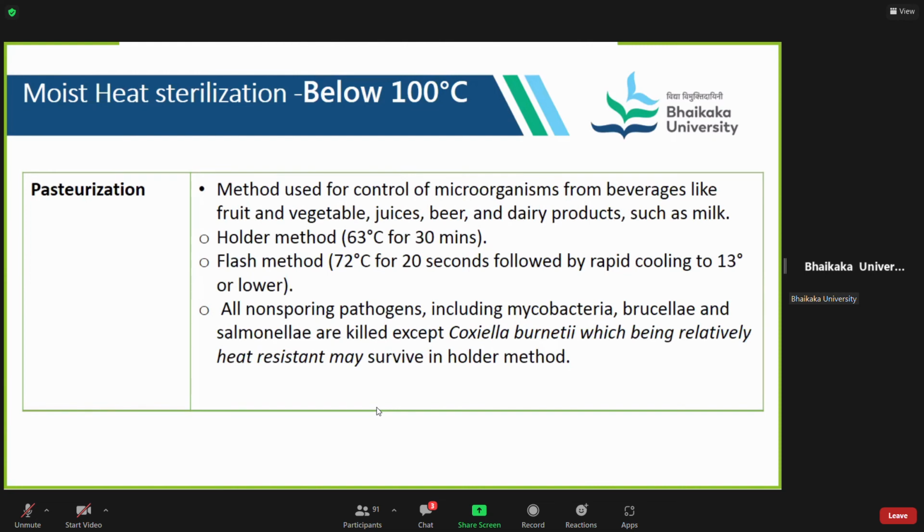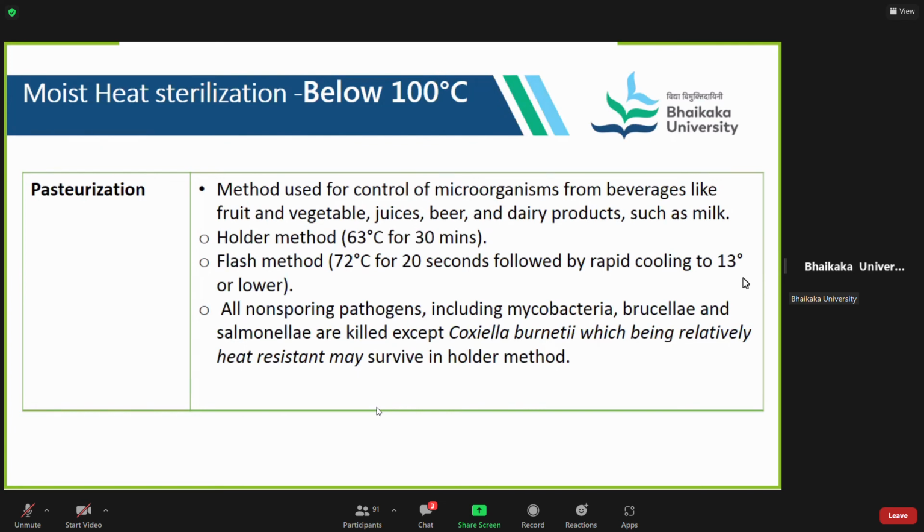When you are talking about pasteurization, you can pasteurize by two different methods. One is termed as a holder method, another is termed as a flash method. So in holder, you hold that temperature for 30 minutes. And in flash, you raise the temperature to 72 degrees centigrade and keep it only for 20 seconds. And then immediately